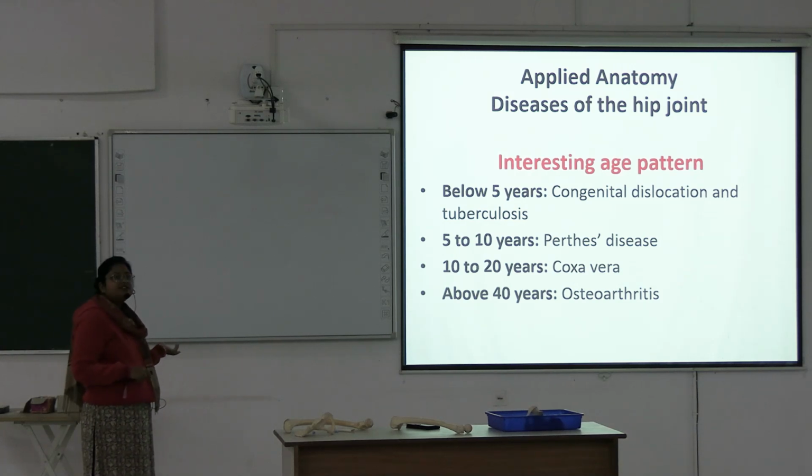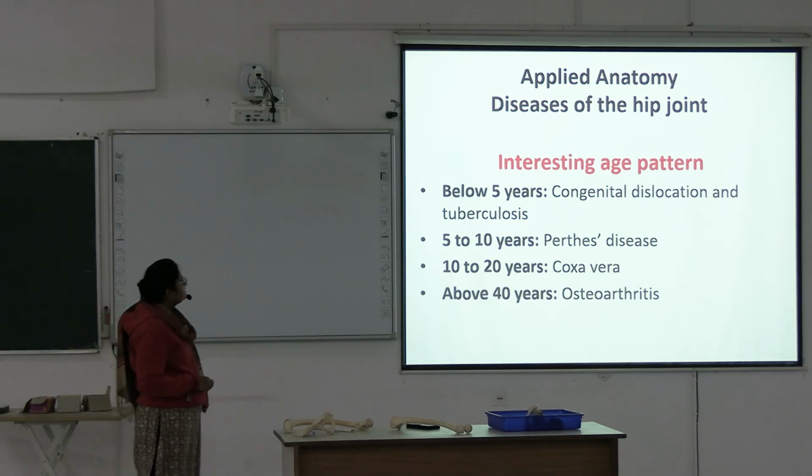Generally they occur in this age group. So below 5 years, congenital dislocation and tuberculosis of the hip joint occur. In 5 to 10 years, Perthes disease occurs. In 10 to 20 years, coxa vara, and above 40 years, generally osteoarthritis of the hip occurs. Okay. So next,